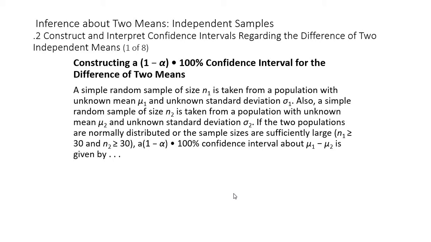In order to construct a (1 minus alpha) times 100% confidence interval for the difference of two means, let's say that we have a simple random sample of size n1 taken from a population with unknown mean mu1 and unknown standard deviation sigma 1. Also, a simple random sample of size n2 is taken from a population with unknown mean mu2 and unknown standard deviation sigma 2. If the two populations are normally distributed or the sample sizes are sufficiently large, that is, each one of them is bigger than 30, a (1 minus alpha) times 100% confidence interval about mu1 minus mu2 is